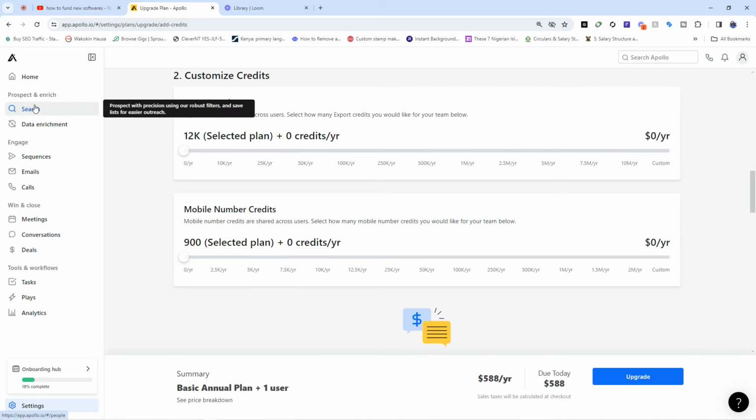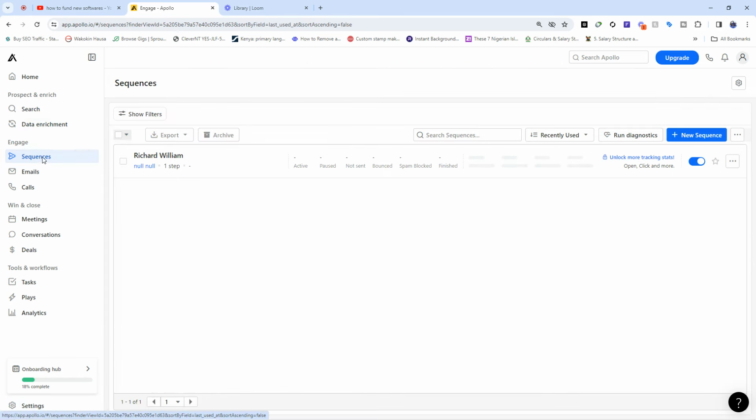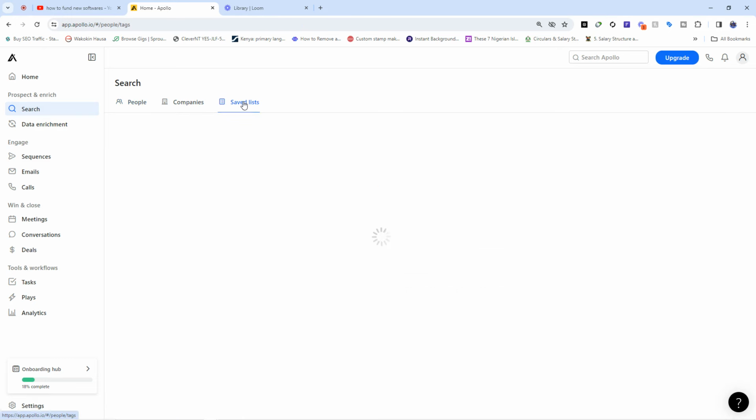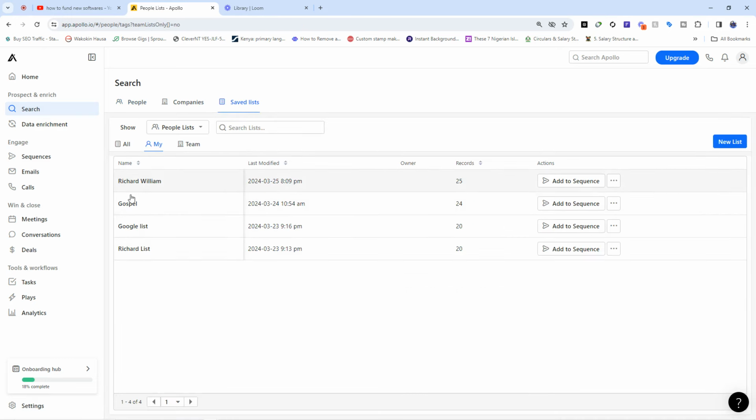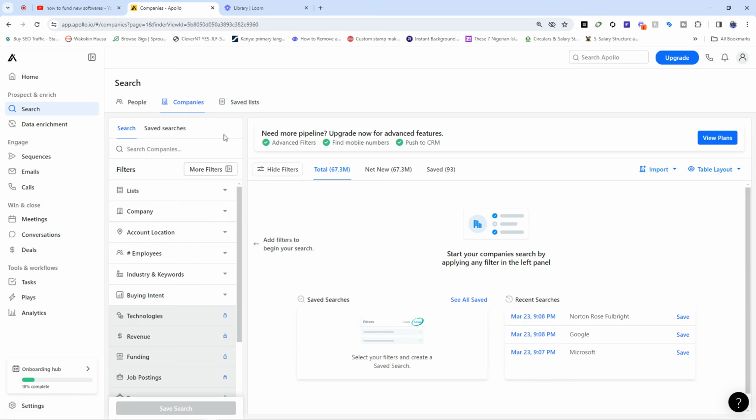list of leads. So this means that tomorrow or anytime you want to prepare your sequence, you can simply go back to your list and find the list that you've just saved. This is where you find your list. You can find them using the saved list tab. When you click on this saved list, you're going to find every list that you've saved using Apollo.io, and you can also find the companies that you've saved using the companies tab, and